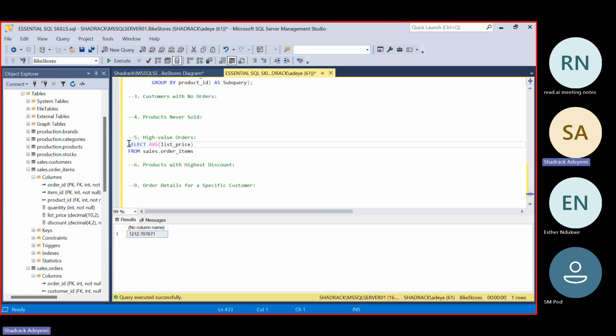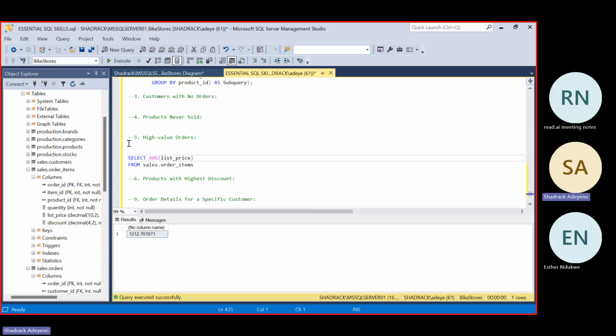So now we want to know orders that do better than this price because they are the ones that are of high value because they do way better than the average price. So to do that, we are going to be selecting, as usual, information that is of interest to us.